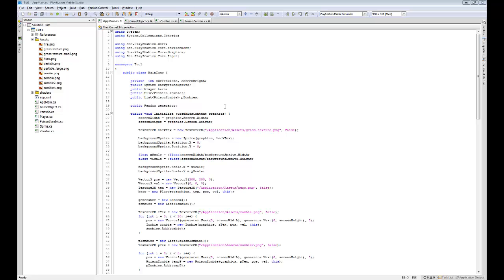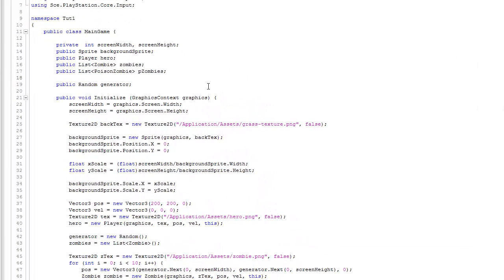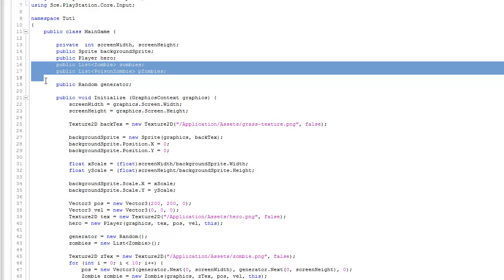In this tutorial, we're going to integrate polymorphism into our dual stick shooter. And to begin with, what I want to do is to look at lines 16 and 17. In these two lines, you can see that we have two separate lists for our zombies. We have in line 16 a separate list for generic zombies. And then in line 17, we have a list for poison zombies. Well, what you need to realize is that poison zombies, yes, are poison zombies, but they're also zombies because of